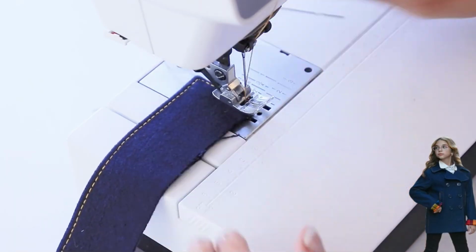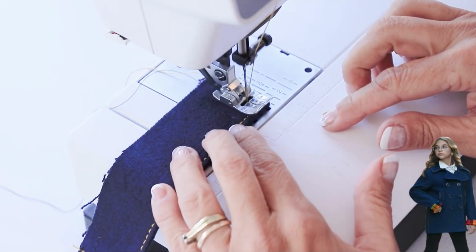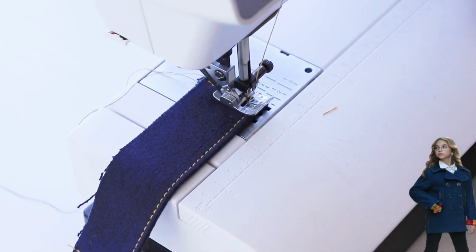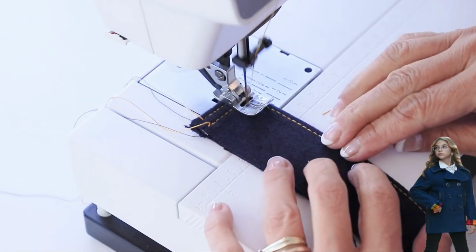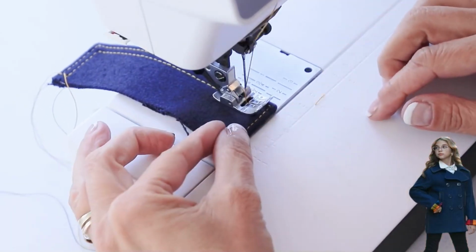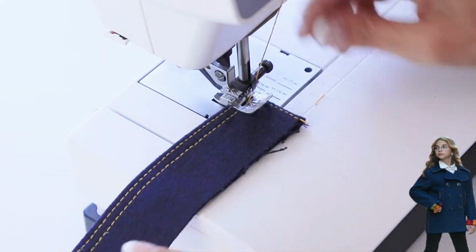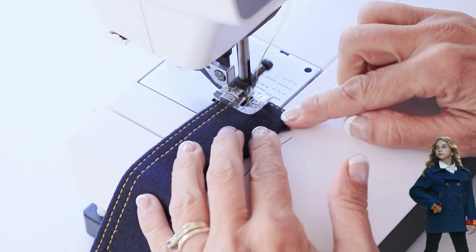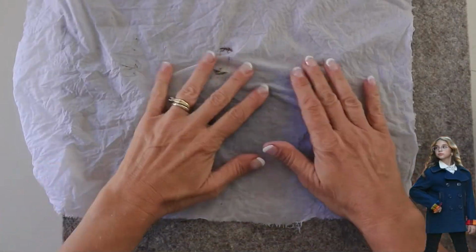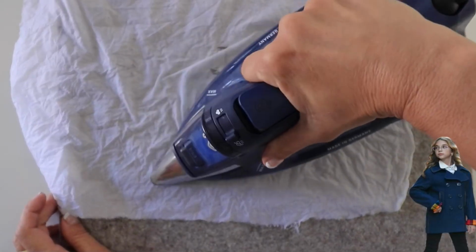And then I do a second stitch line, and here I don't need any gimmicks, it works just as it is. And I do foot width. Of course you don't have to do that, and I do think that if you are not very confident yet and you won't get the distance right, it's better just to have one line than to have a second line which looks slightly off. And I go all the way down. You can lock in your stitches or tie them up and pull them away, and then again I go over with my wet cloth. You'll find that all the way through making this coat I do that an awful lot,